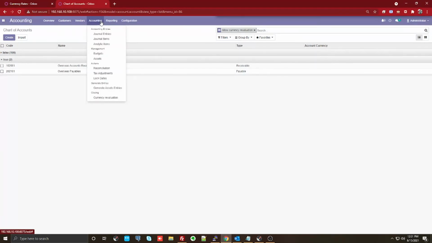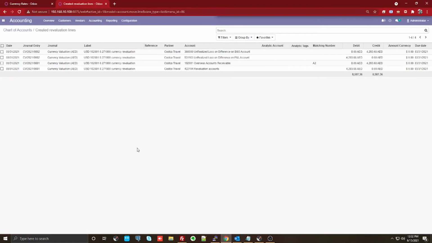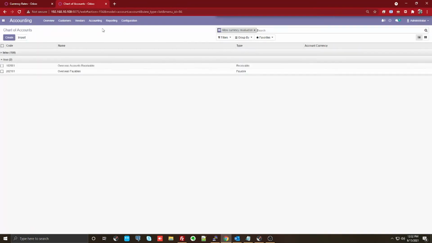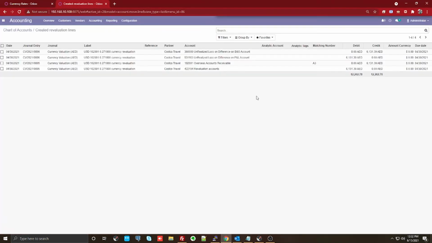And what you need to do here is, whenever you're looking for a currency revaluation, you can put the date of the currency revaluation which you want to do. So on the 31st of the month, I want to have a revaluation and I want to validate and post it. So the system will do that complete revaluation and posting of that entry because there are some variations which have happened. Now this is one entry. You can keep on going. All you need to do here is just go back and tell, at the end of the month, what all currency variations you want to validate, and the rest the system will automatically do.